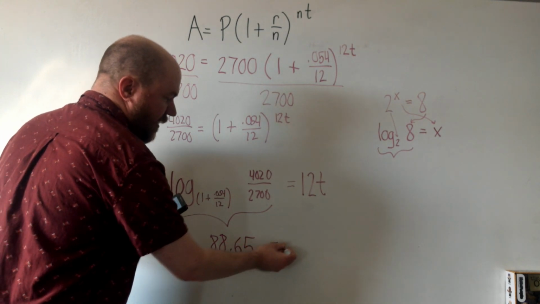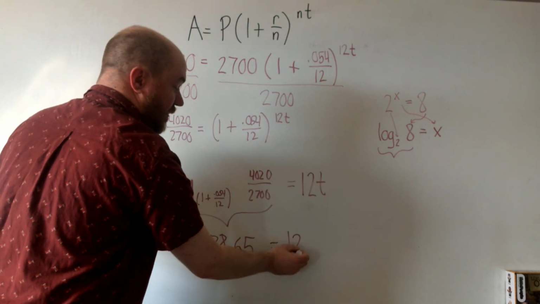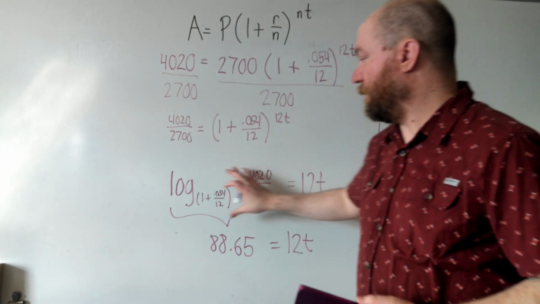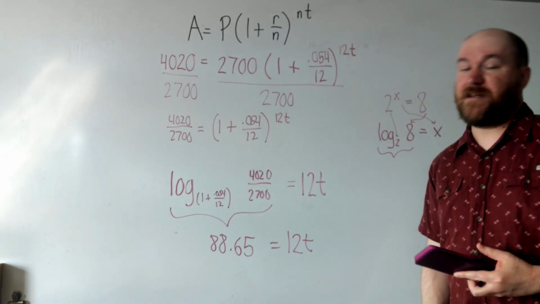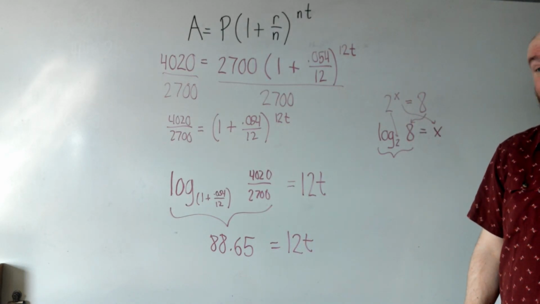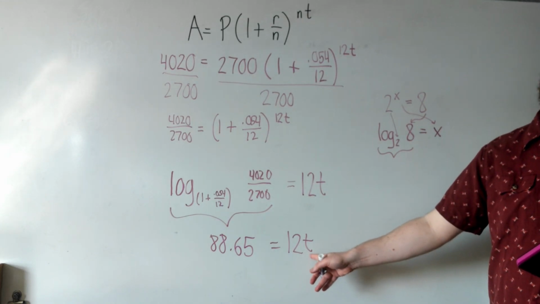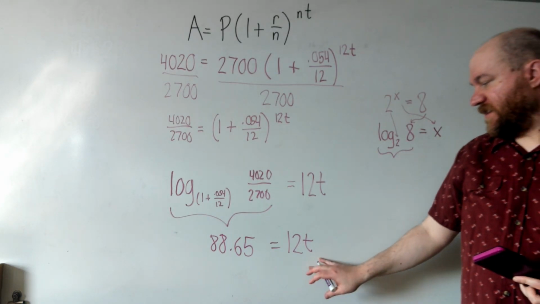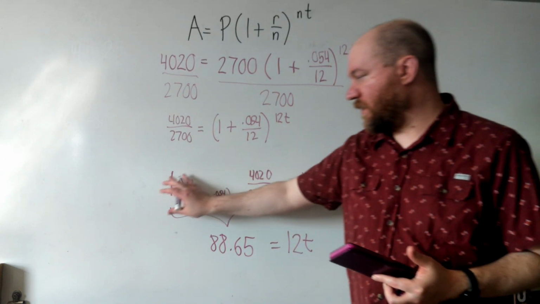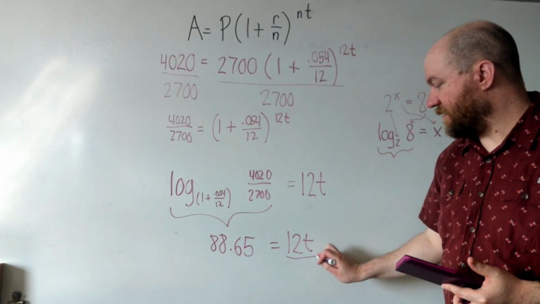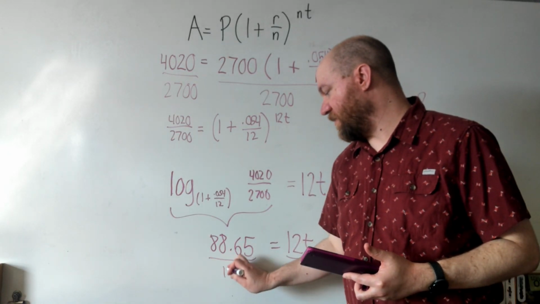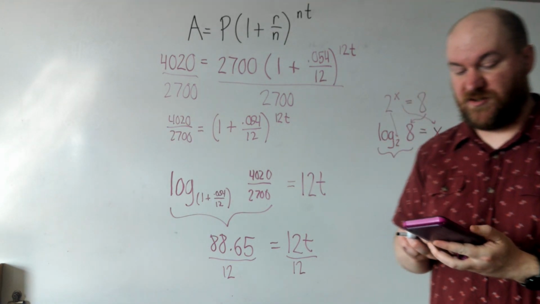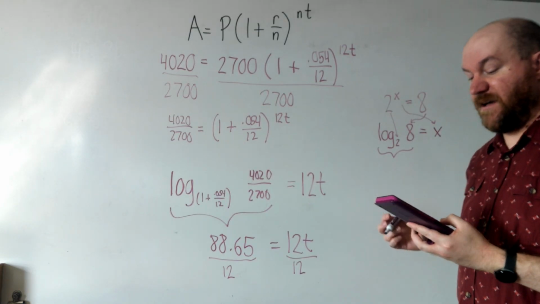88.65. Now, we didn't do anything to that 12t, so we're just going to leave it as 12t. So our calculator did all that big, huge problem for us. And that was all equal to 12t. And then the last step here, we want to know what t is, but all this whole time, t's been multiplied by 12. And now that we have the t almost by itself and all of this is gone, our last step here is to divide by 12 and do that to both sides. Don't clear your calculator. Leave that big long decimal on your screen so you can just type divide by 12. And we get our answer here,